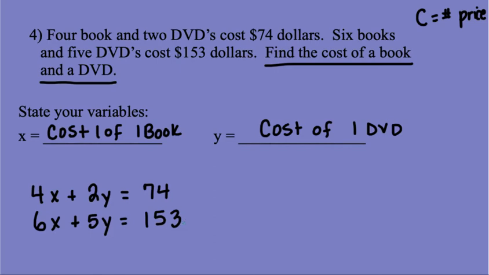In looking at this, there's a couple of things that I noticed. There's not one coefficient that has a value of 1, so I'm likely not going to use substitution. However, it looks like I would need to change both equations in order to use elimination. So I looked carefully and saw that in the first equation, all of the coefficients were even. So I decided to simplify the equation because I always want to try to make them simpler if I can. So if I divide each coefficient by 2,